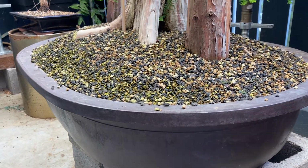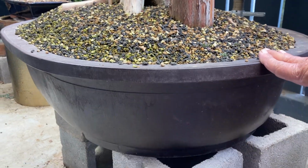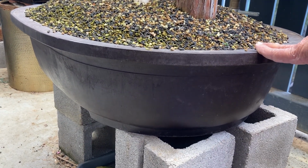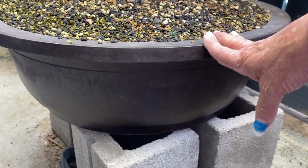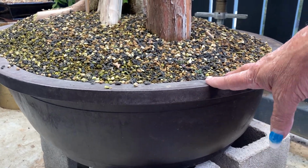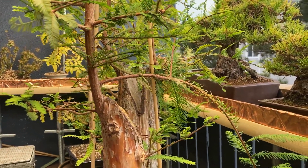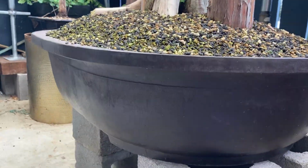This will probably be in here for 3 years. It could stay in here for 5, maybe even 10. That wouldn't be a good thing, and we don't want that to happen. I'm going to leave this in here for about 3 years. Hopefully in about 3 years I will have done as much of that as I can, and at that point it'll be time to pull that out,